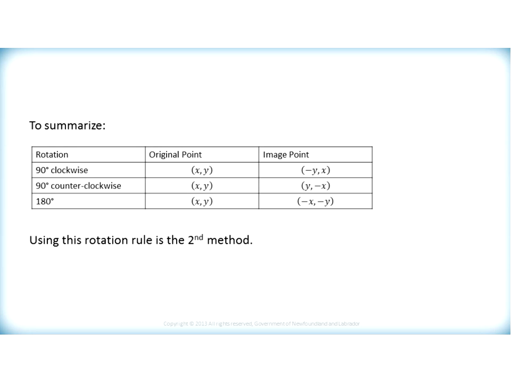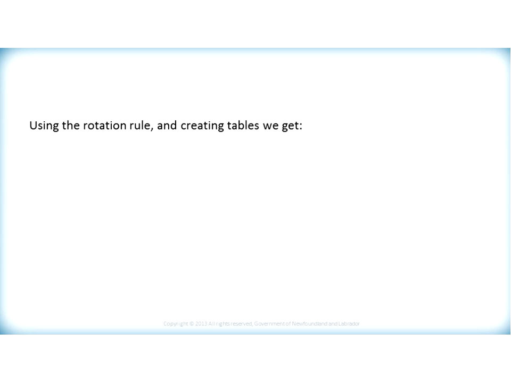So using this rotation rule is the second method that I was referring to. I said there's going to be two methods for making rotations. Well, this is the second method. And this works great when you have your points passing through the origin. It doesn't work quite so well if you don't have your points passing through the origin. So in this example, we have had our center of rotation to be the origin. So using the rotation rule and creating tables,